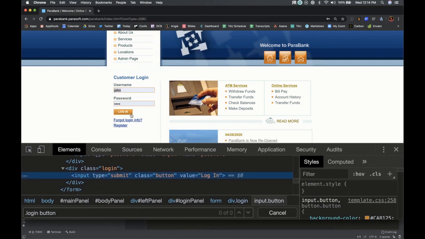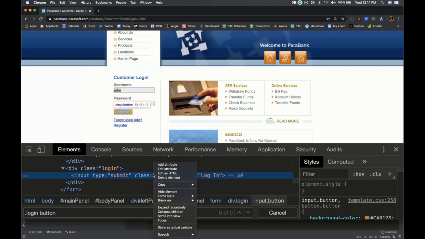Somebody asked me, I saw last week when I went back through the chat, somebody was asking me when I was getting these locators, why don't I just right click on here and do a copy XPath? Don't do that. That's a really bad idea. I highly discourage it because if I copy this XPath, it might be something really goofy because Google has no idea that I want to take this XPath and put it in my code and expect it to work for eternity, right?